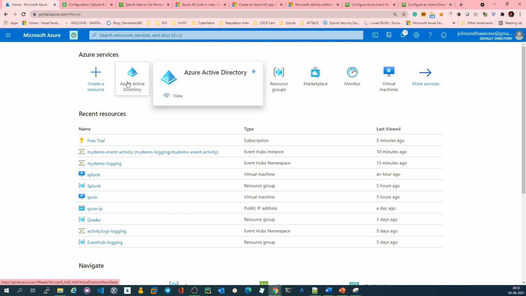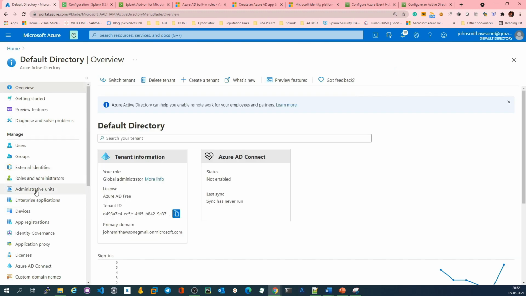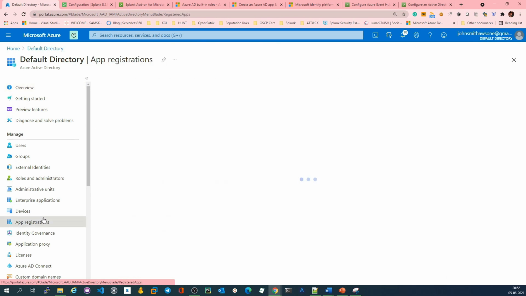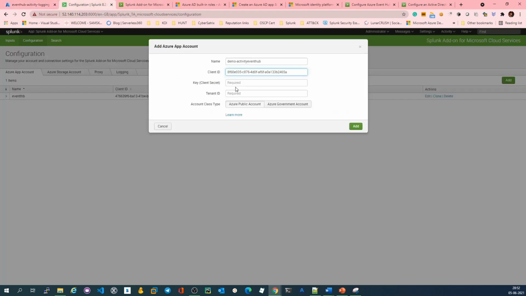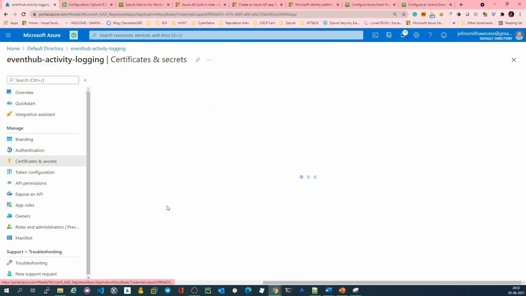the app account that I have created, right? So as you see, you have to go to the app registration, select your app, right? And then if you go to the overview, you can see the application client ID is this. So copy this ID, paste it here. The secret key, as I told you, you can get from certificates and secrets.